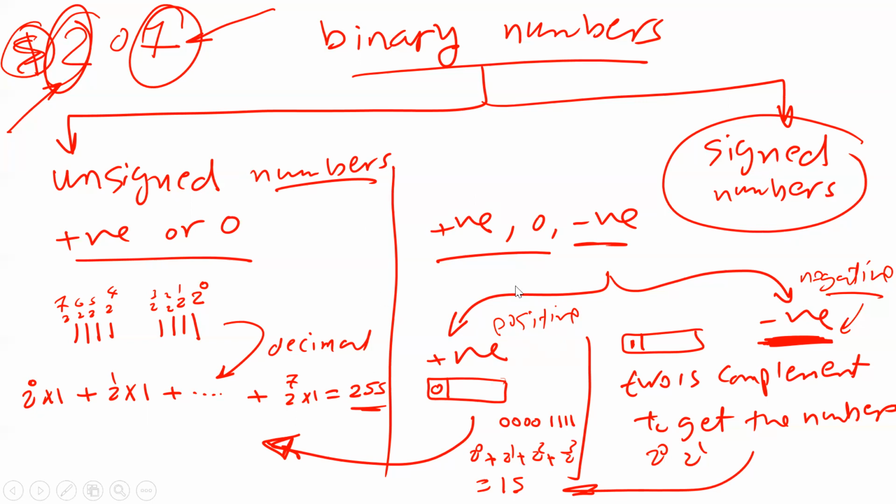Number one, you have to check whether this number is positive or negative from the last bit. If it is positive, how can I convert it? The way you convert it is going to be the same way as unsigned. For example, if I give you this number, 1111000, and I tell you this is a signed number, the way you convert it is the same: 2^0, 2^1, 2^2, and add everything together. The result is 15.